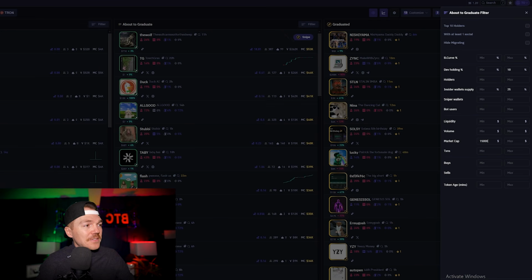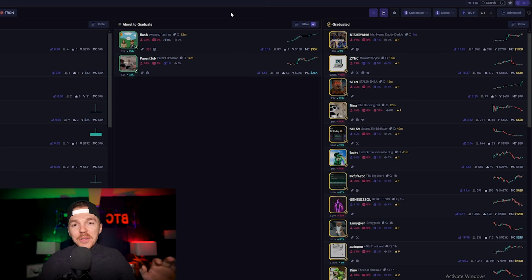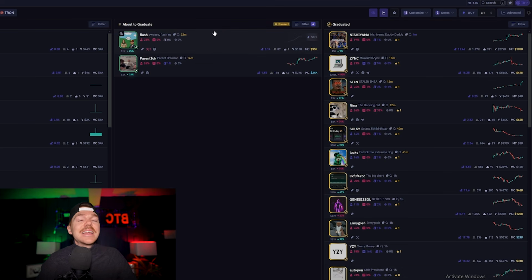I like at least a $15,000 market cap. This prevents it just from dumping after launching. And in the token age, I want the max at half an hour. This is something that's new, it has volume, and we're hoping to catch it before it just completely dumps. Now, even with these 4 filters, you can see how much more attainable this